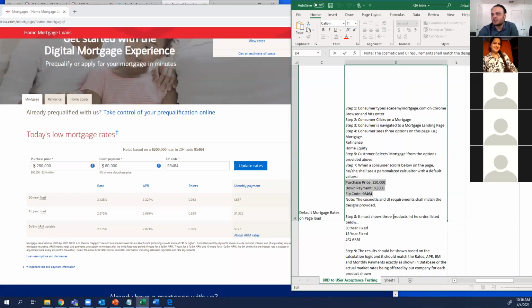Step 8 is: it must show them 3 products in the order listed below: 30-year fixed, 15-year fixed and 5 unarmed. Step 9: results should be shown based on the calculation logic and it should match the rates, APR, EMI, monthly payments exactly as shown in the database or the actual market rates being offered by our company for